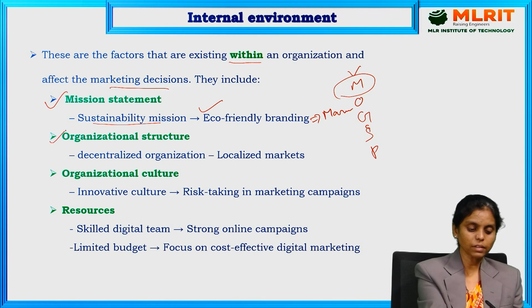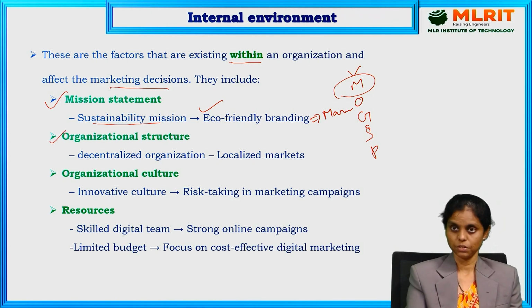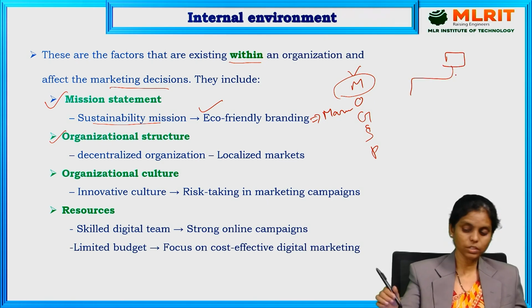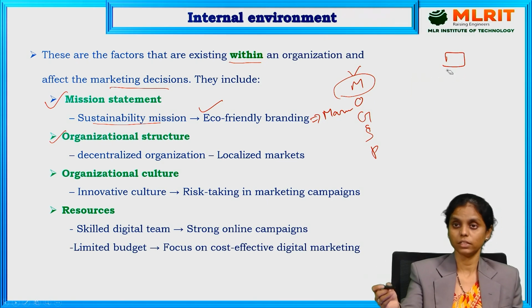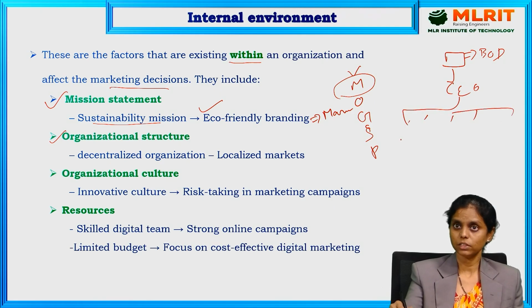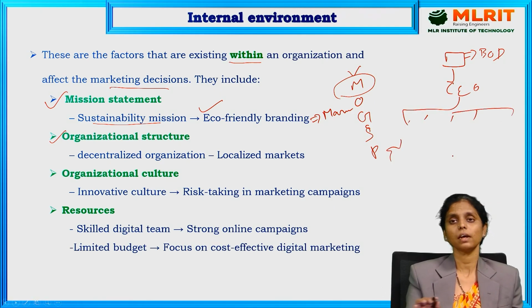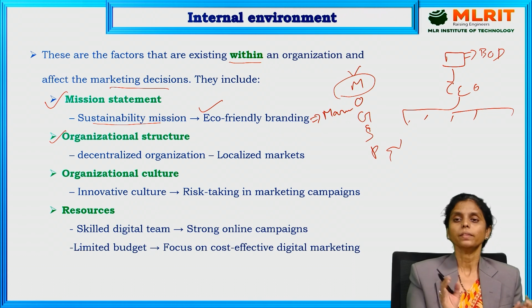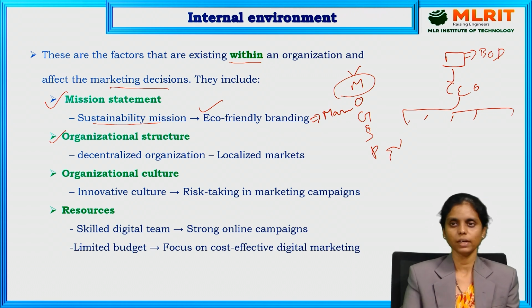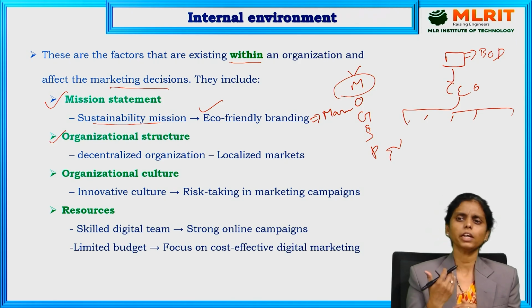The second one that we have is organization structure. What organization structure basically means is it represents how things in an organization are related to each other. For example, we have a board of directors, under that the CEO of a company, under that the different managers, different executives and all. That means organization structure represents the relationship among the employees of an organization. There are different types of structures we have.